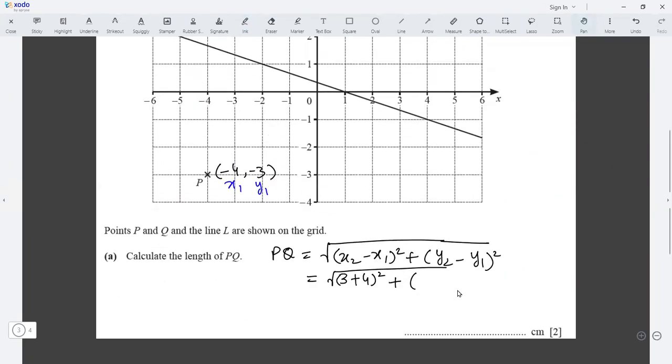So 5 minus negative 3 becomes positive 3 whole square. So what's the answer of this? 3 plus 4 gives 7. 7 squared is 49, plus 5 plus 3 is 8. 8 squared is 64. Add both of these,